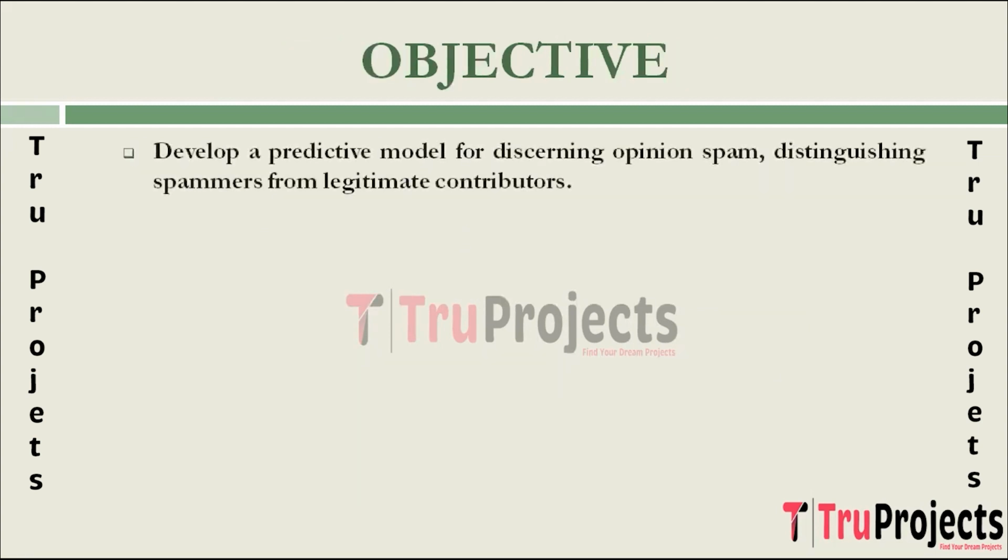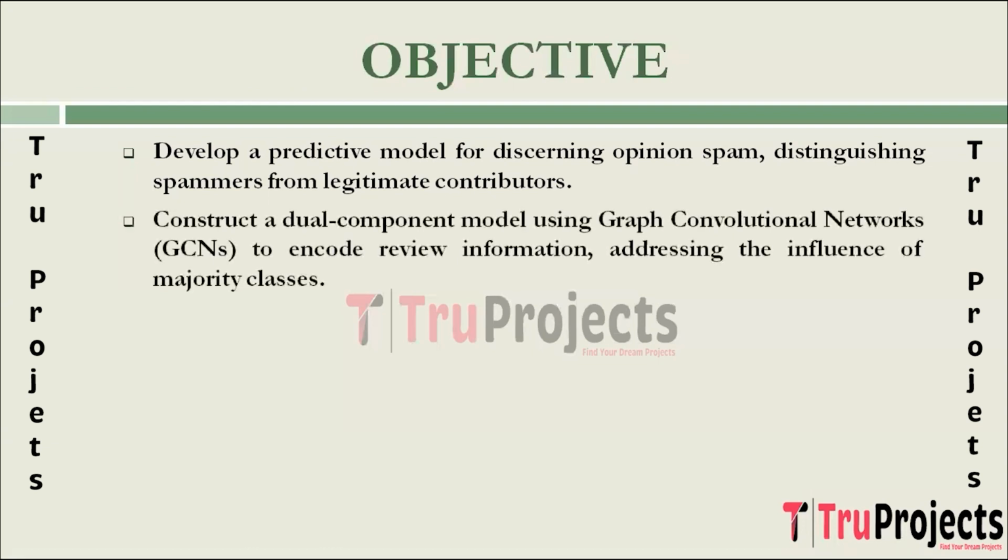Objective of the project. The primary aim of this project is to develop a robust model dedicated to the accurate identification of opinion spam within the reviews. The overarching objective is to create a classifier capable of predicting whether a given review is authored by a spammer. The project aims to establish a model characterized by a dual component structure featuring the graph construction level and the feature fusion level. The goal is to construct multi-level weak relation graphs that capture non-semantic information and mitigate the dominant